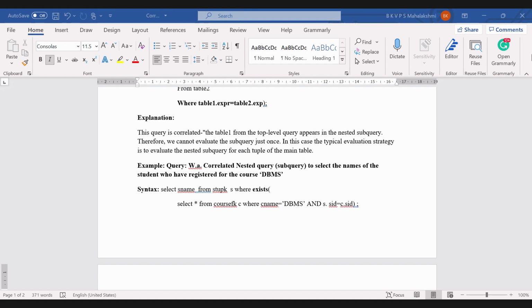Suppose, see here, this is the example query. Write a query to select the names of the students who have registered for the course DBMS. In nested queries, at first we get the students who have registered for DBMS, and that result is passed to the main query. But coming to the correlated queries, what happens here is it will first take the student name, that attribute